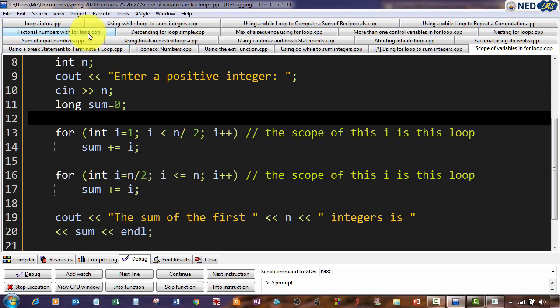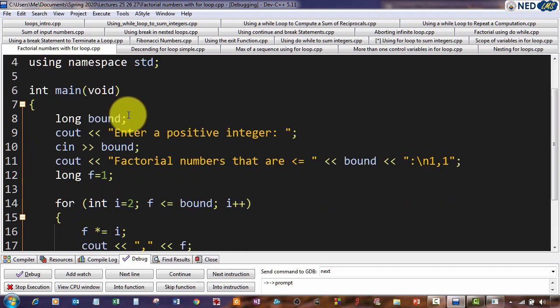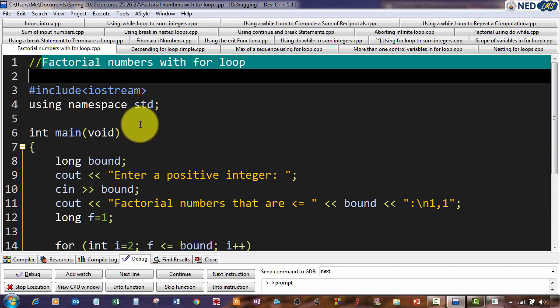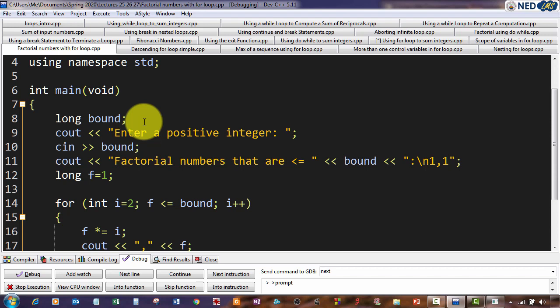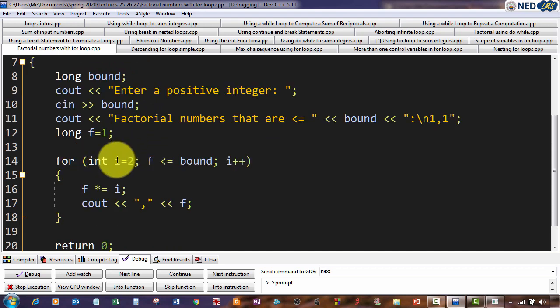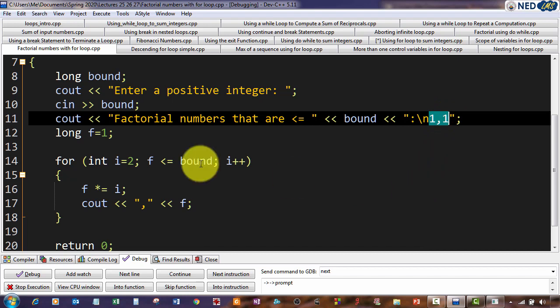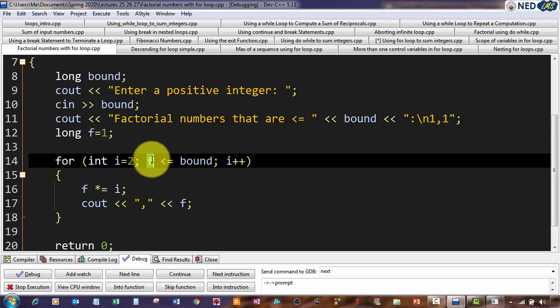So coming to the factorial example, the factorial numbers which we did in the previous recorded lecture with the while loop. This is essentially the same code, but factorial of 0 and factorial of 1 are both 1, so we have written 1 and 1 here. And here we enter a positive number and assign it to bound, and these factorial numbers are printed. After that we start from i equals 2, and while the factorial result is less than or equal